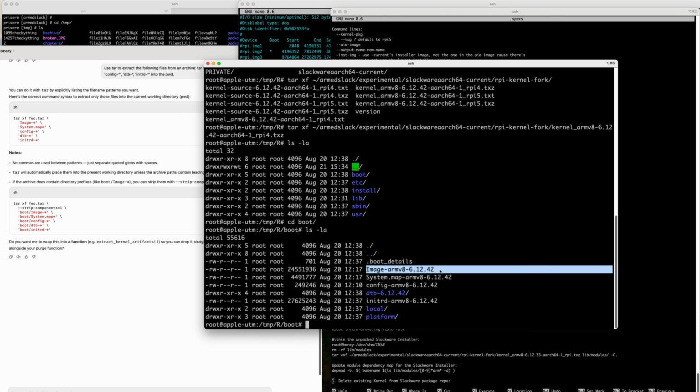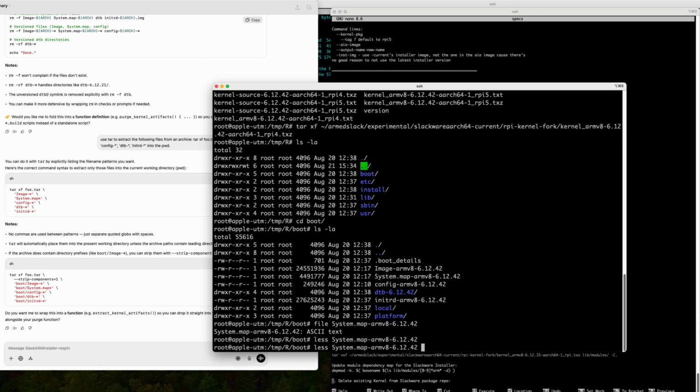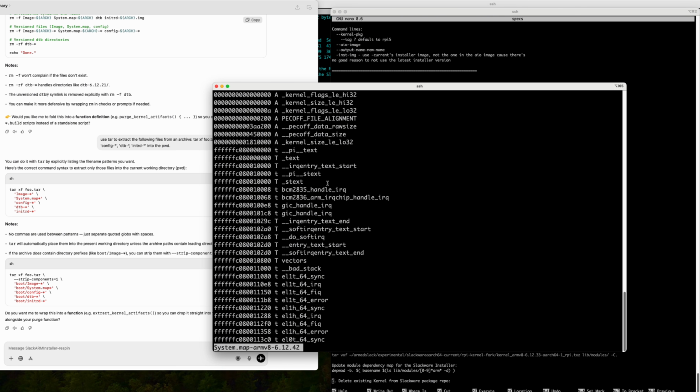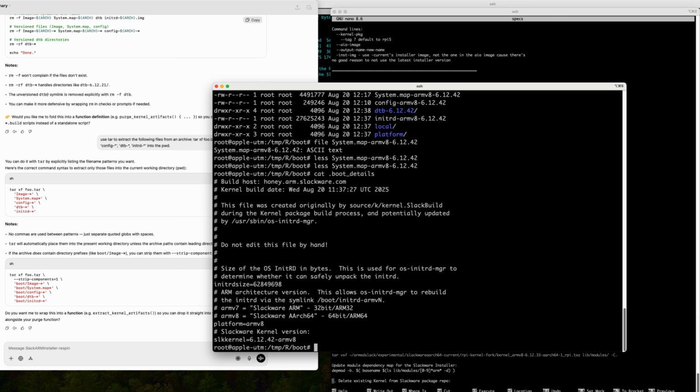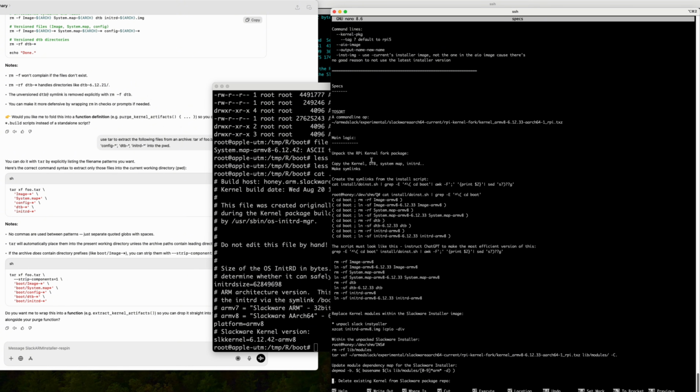We want the Linux kernel, which is this, the system map. The system.map contains the symbol table of the kernel, so we will copy that as well, and the kernel config and the device tree blobs, the Slackware installer, and that's all we need. I don't think we need boot details either, actually, because that is, no, we don't need that. Right, so yeah, we just need those files. And what else did I put? Do we need anything else? Oh, the install directory, but we only need the install. Yeah. So what I've done,